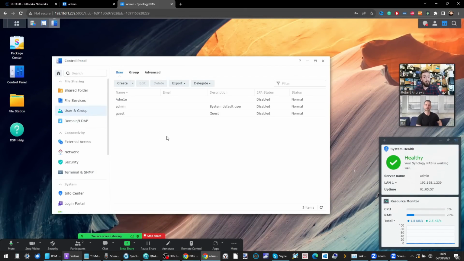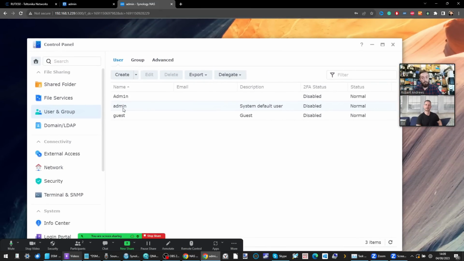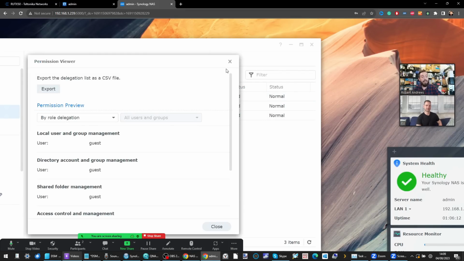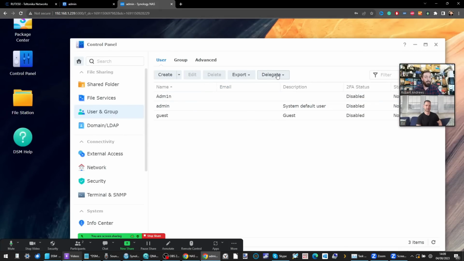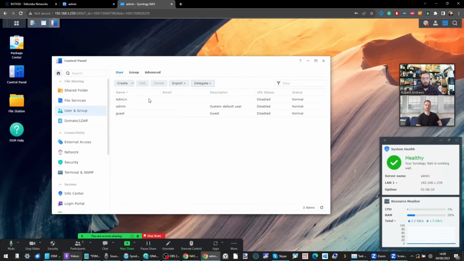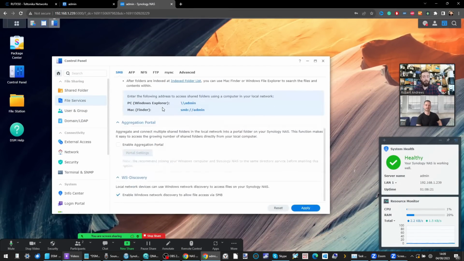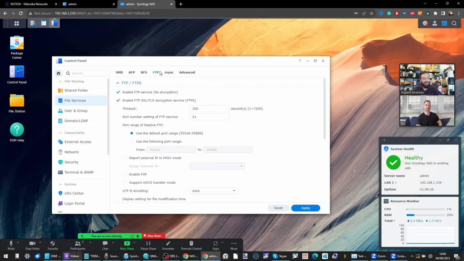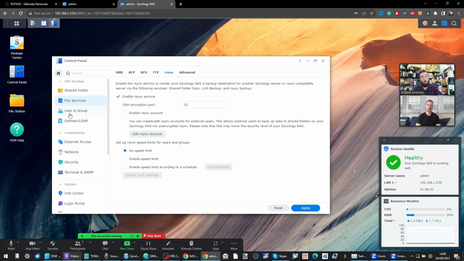When we go to the user groups, once again, what have we enabled? We have enabled the admin account, a guest account, and a fake admin account, all of which have got superpowers, no two-step authentication, and you'll be even more pleased to hear that I've given the guest user super admin powers thanks to the delegation mode built into this system. On top of that, in terms of file processes, you name it, I've turned it on. Every single thing you can think of, I've just slammed them on with no password restrictions whatsoever.